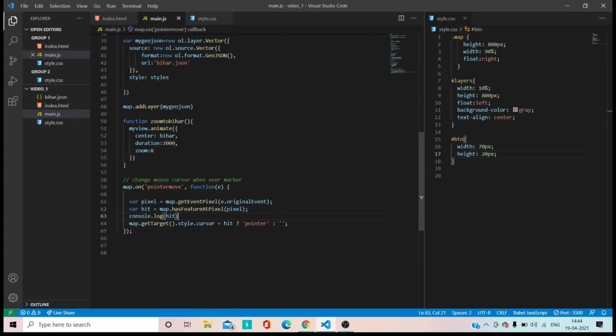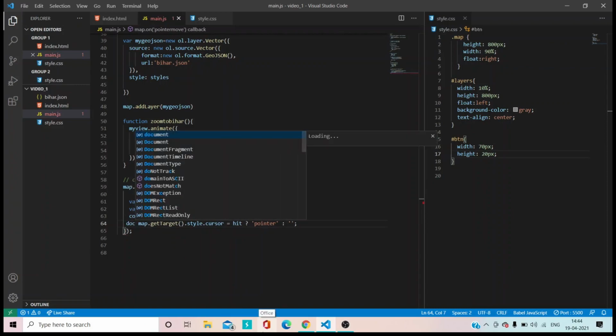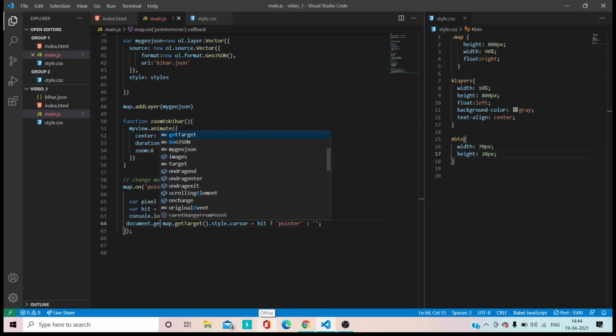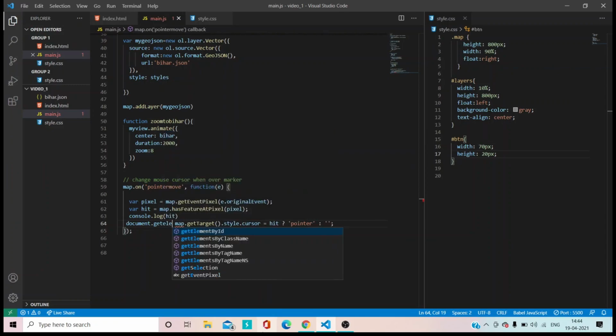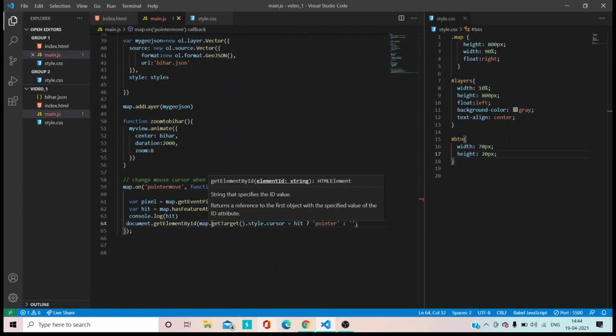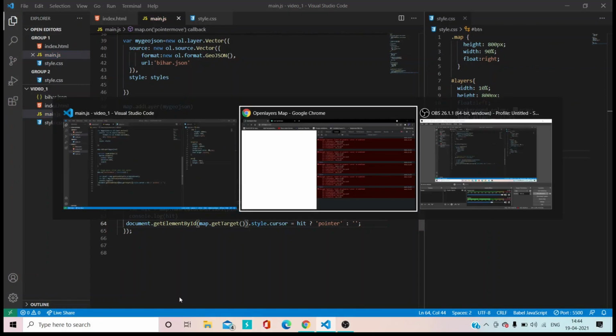Okay, so it's not getting map. So first of all, we want a map element over here. So let's use the DOM. So document.getElementById, and then we have id as map. Let's see if we are getting map by this or not.